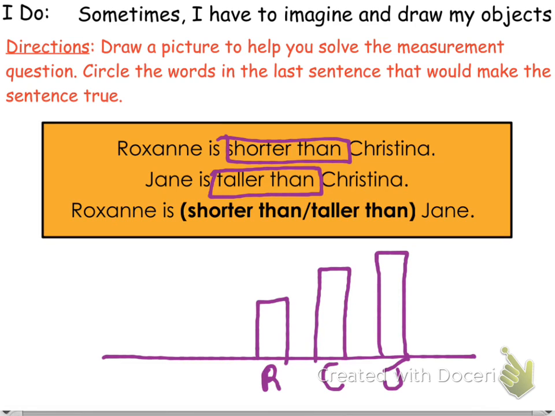So we have to circle shorter than or taller than, whichever one is true. So we have to look at it. Is Roxanne shorter than or taller than Jane? We know for sure that Roxanne is shorter than, because you can tell right here that Roxanne is way shorter than Jane. So we would circle